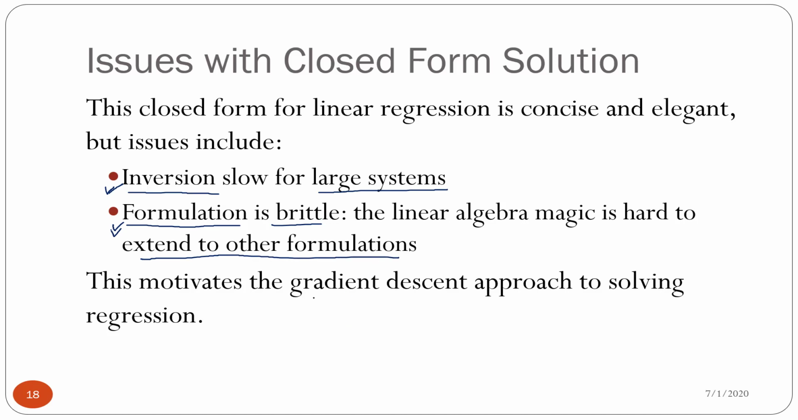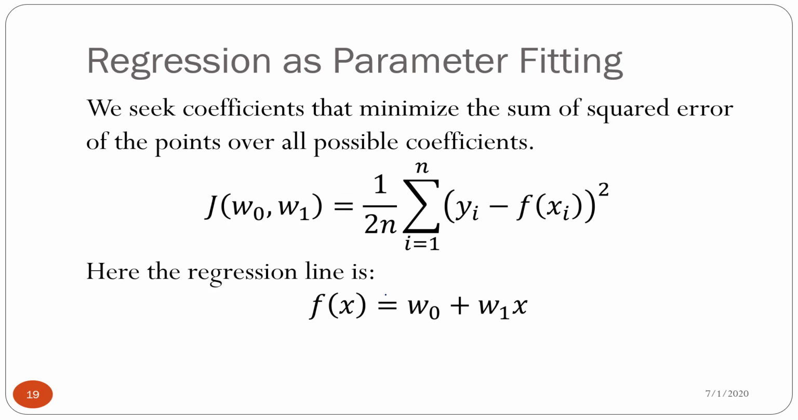So what we do is use a different approach, which is called the gradient descent approach, to solving the regression. This gradient descent is very common. This approach is used in a lot of machine learning algorithms for optimization. Okay, so now we'll look at this formulation one more time because we need to understand how gradient descent works. All right, so this thing that you see here,